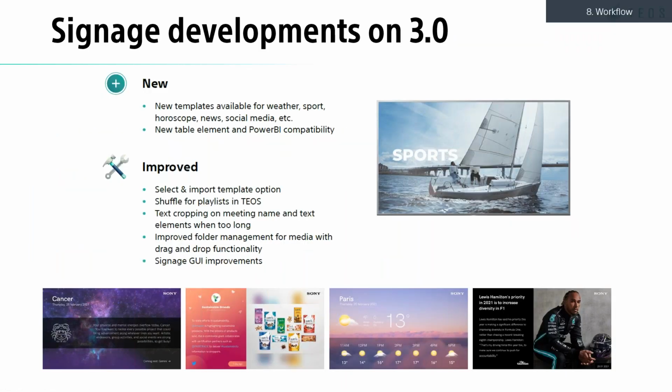Coming back to the version 3.0, what we have done in this release was really to focus on this. First of all, is to really make sure that inside TIOS, you could have access to content and templates which are really useful for the way you work. In the past, if you remember, we have some demonstration templates, but which are really like for demo purpose. Now it's really to be able to offer you content which you can really use from day one inside your organization, like sport news, like horoscope, like the weather, like the quote of the day, for example.